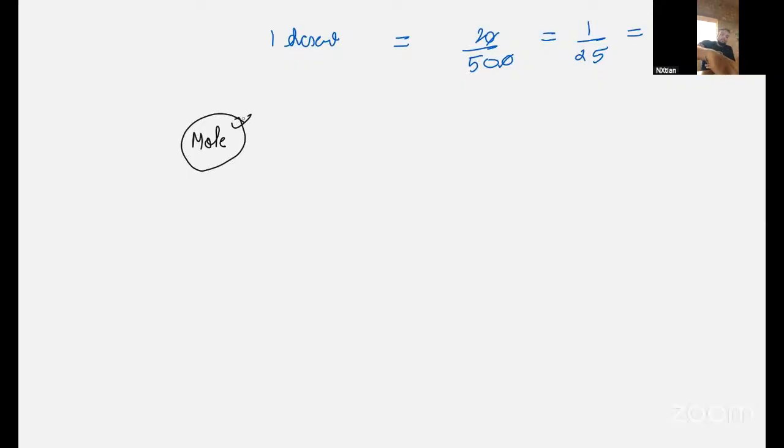Did you understand? So the mole is the total mass divided by the mass of a single substance. For example,